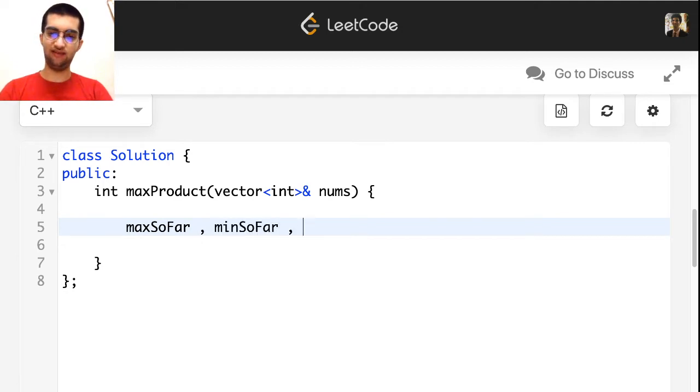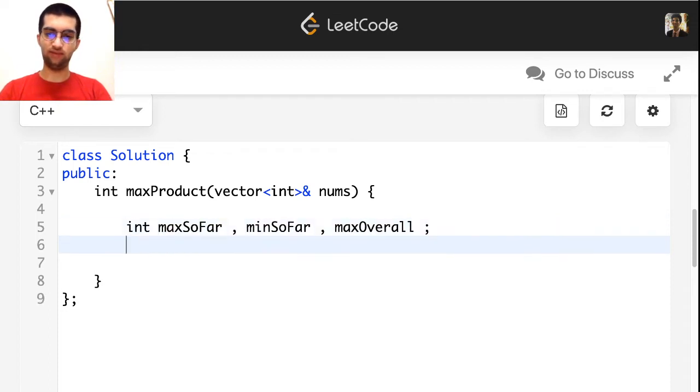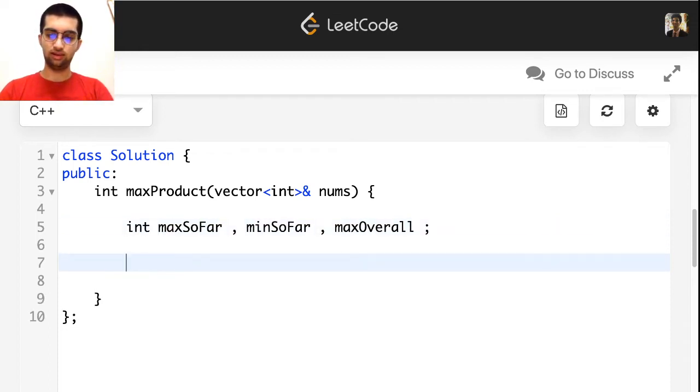Then I'll have my overall answer, which I'll call max overall. I have these variables. Let me set all of them equal to the first value. That makes sense.